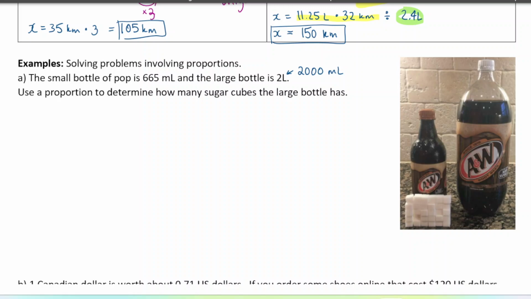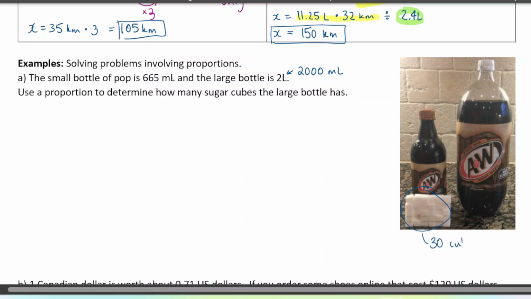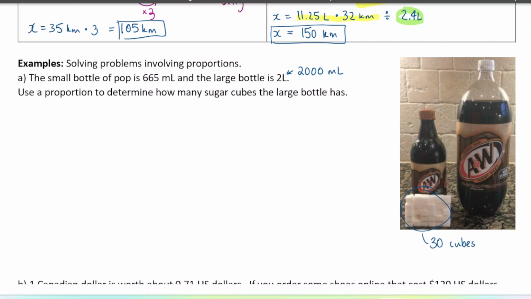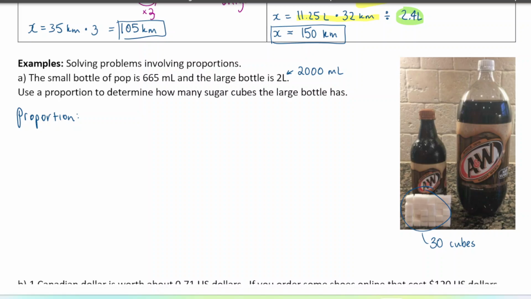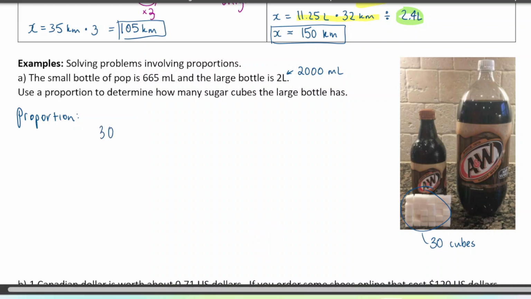So here, if we count these up, there's 30 sugar cubes contained in the smaller bottle. We want to figure out how many cubes the large bottle has. So let's set up a proportion. They're made of the same pop, so they're going to have equivalent ratios of sugar to pop. So in the first one, we have 30 sugar cubes